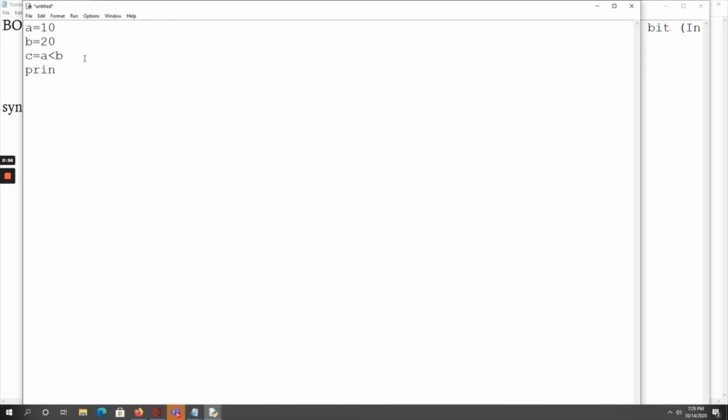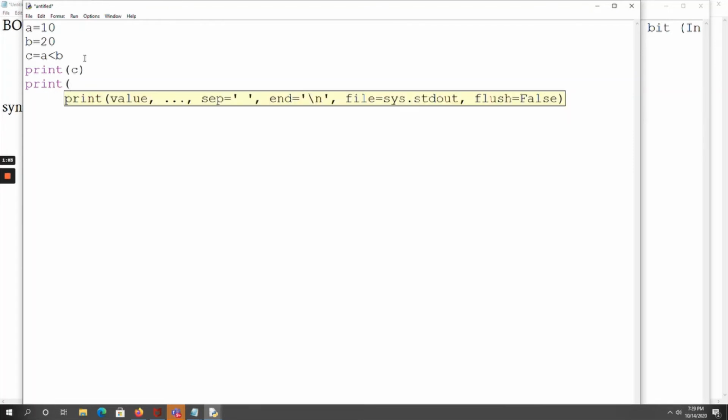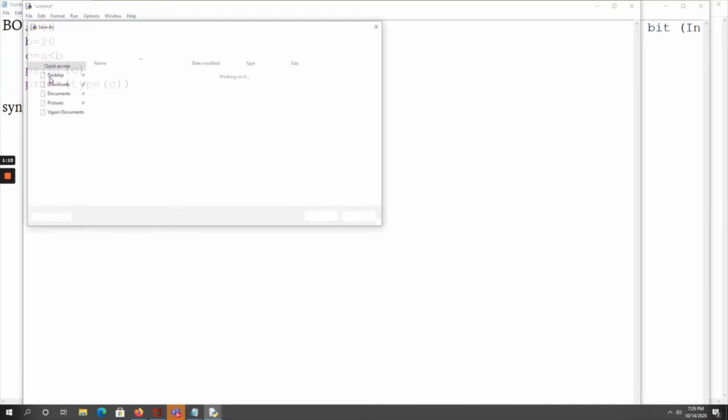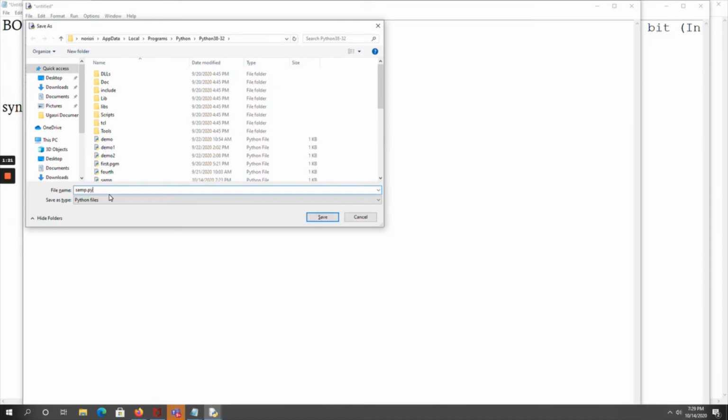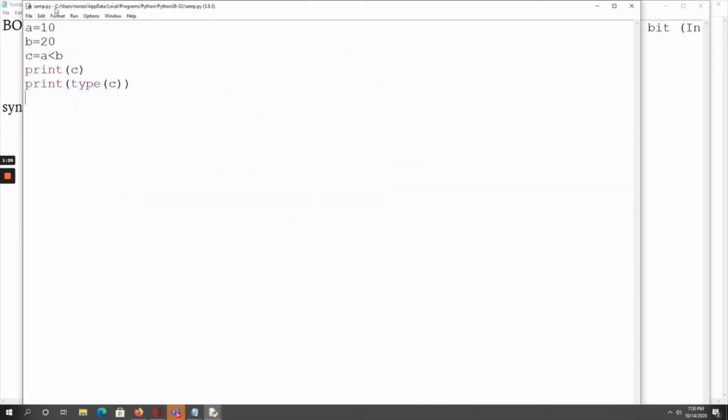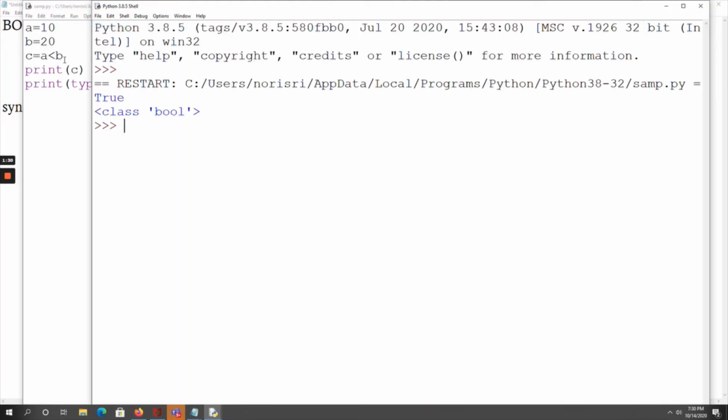Now let me print the value of c, and also the data type of c. Save the program and run it.